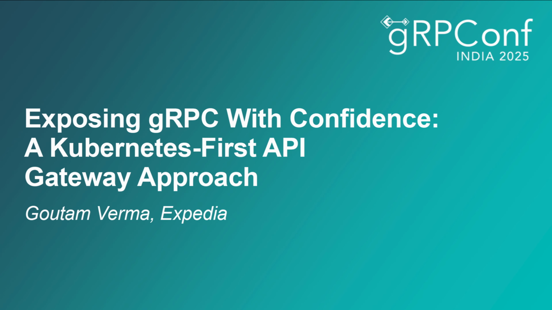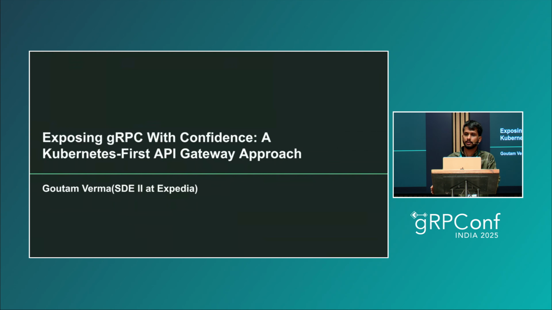So today in this session, I'm going to discuss how we can expose gRPC services with confidence via Kubernetes clusters. In this talk, we will first go through the major pain points while exposing gRPC services for external users. Then we will see the problems developers and teams face in day-to-day life. And then we'll look at the open source solutions available in the market. Then we will go through a brief architecture overview of that solution. And then we'll go through use cases and see a live demo of how we can expose the service